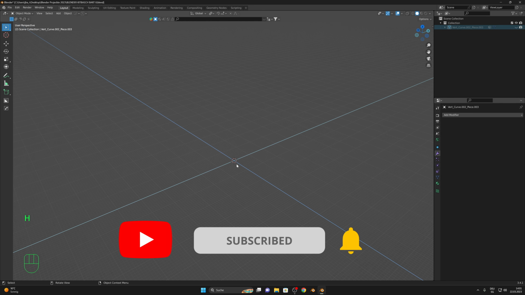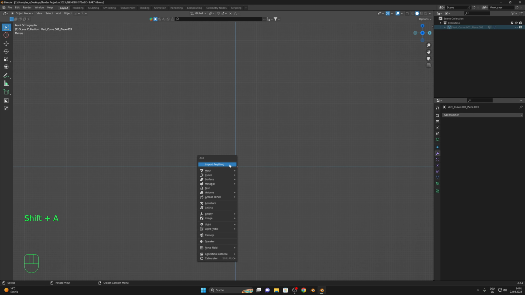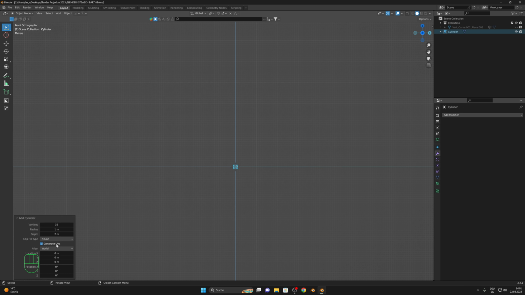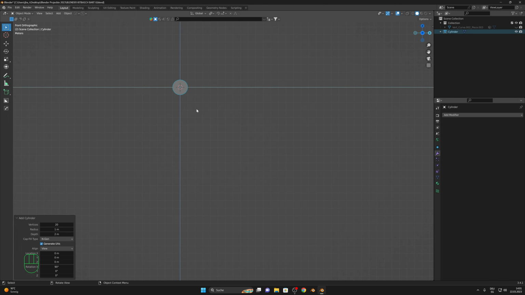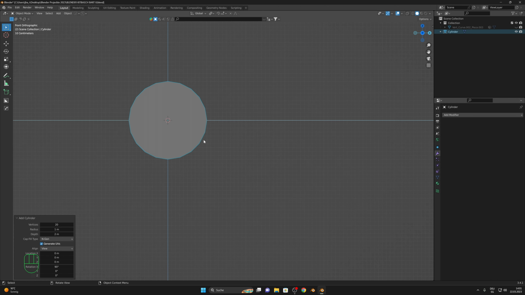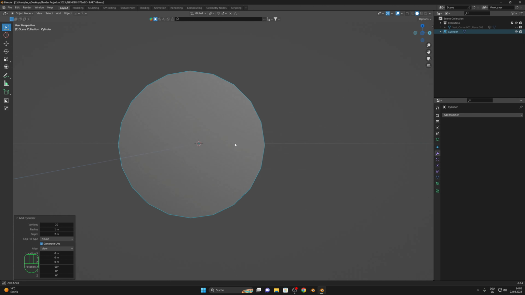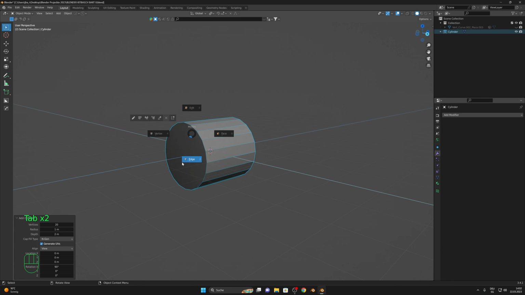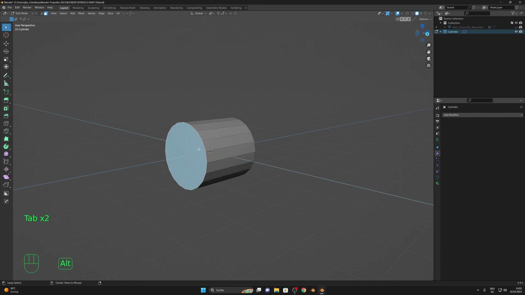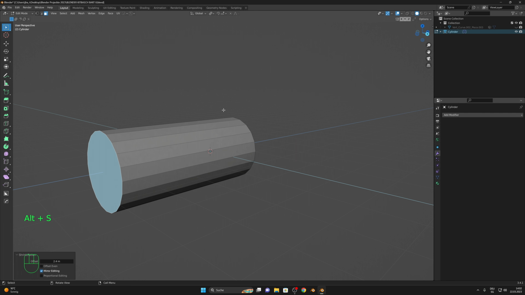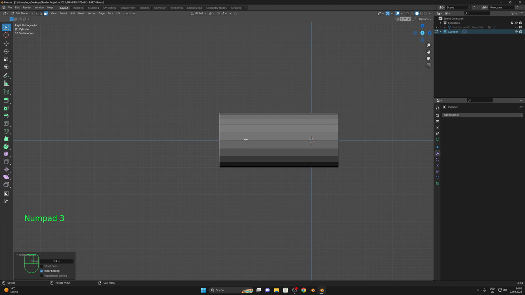And start in the front view with a cylinder with 20 sides. Okay, align to view and change to 20 sides. Okay, there we are. Now we can go in face mode, Alt S. We can go to side view,